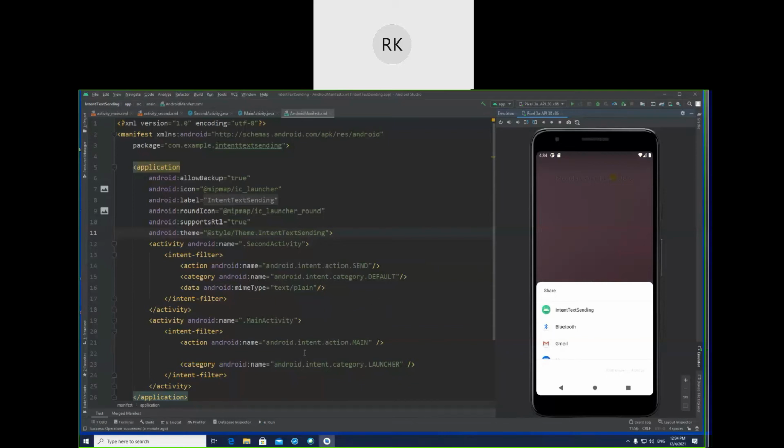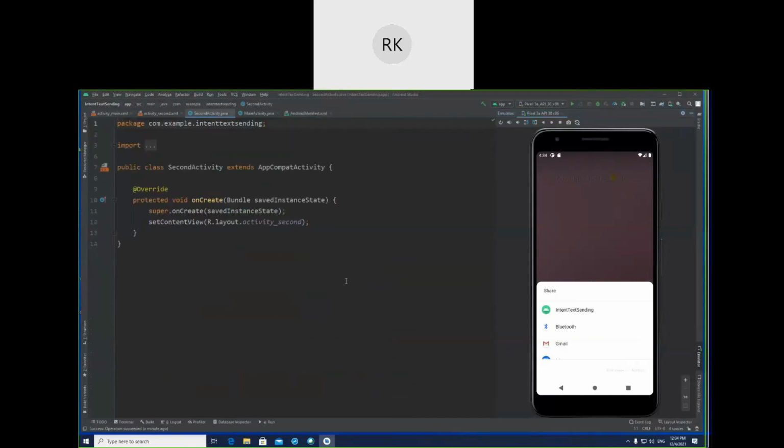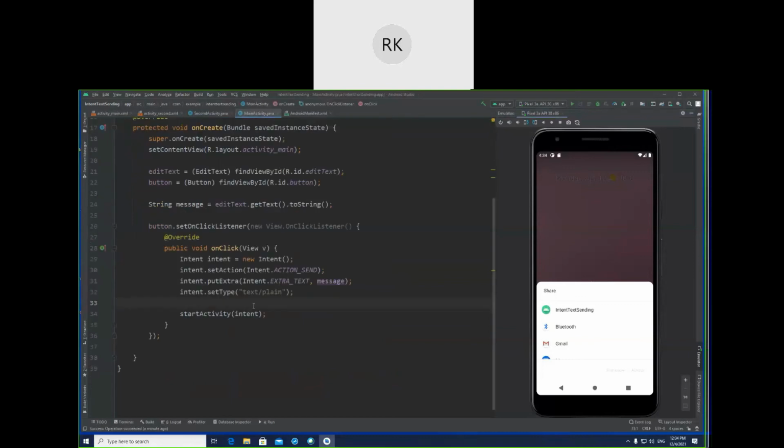Now let's go to the second view's Java code, and here we will define the same things. But before going to that, I should show you one thing: starting an activity sometimes creates a problem. So before this we should use an if statement to check whether the manifest file has the information about that. So if